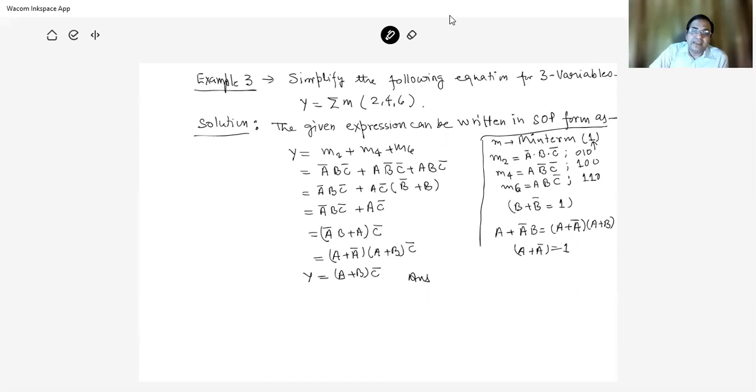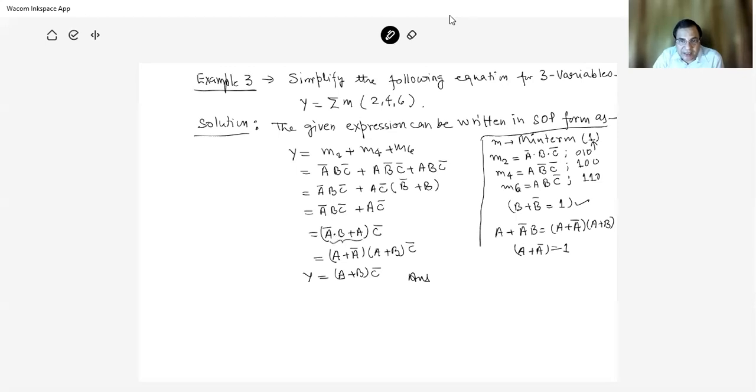So these are the algebraic forms of the given min terms, and we have A bar, B, C bar plus A, B bar, C bar plus A, B, C bar. So we take here a common A and C bar, so B bar plus B inside. B bar plus B is always 1, using Boolean algebra. So it is A bar, B, C bar plus A, C bar. So we take C bar as common. We take C bar as common. So A bar dot B plus A into C bar.